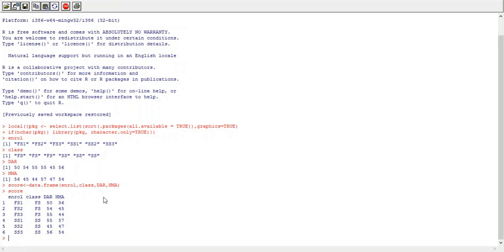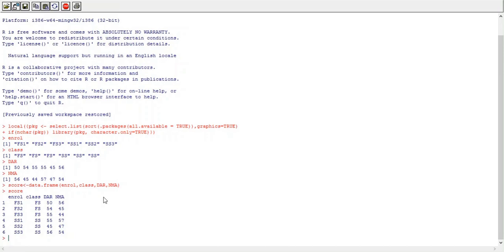Okay, so score data frame is used to store scores of NMA and DAR subject for these 6 students: FS1, FS2, FS3, SS1, SS2 and SS3. Okay, class is there and the scores are there.